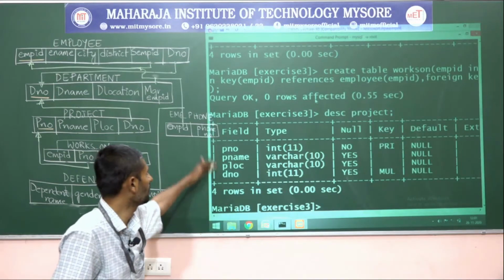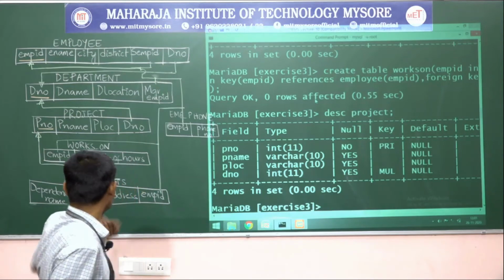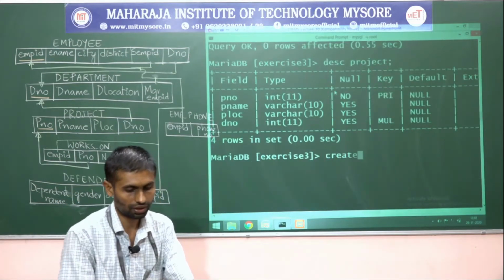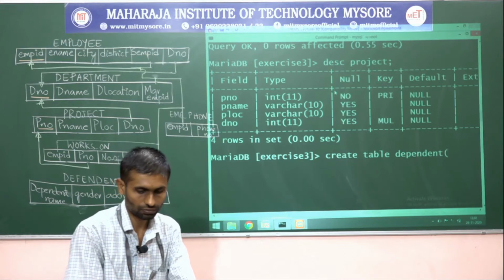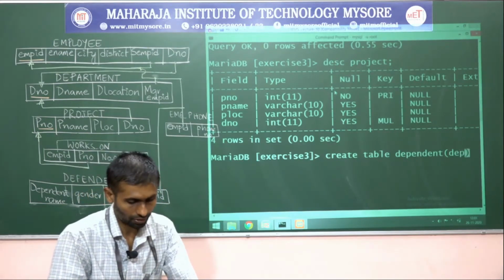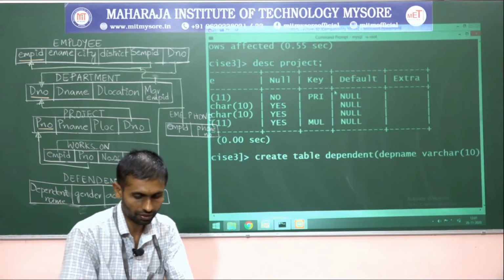Yes, we got the project table where project number is the primary key and department number is a foreign key. But the next step, the last one, dependent. So we'll go with creating a dependent table. Create table dependent. What are the attributes? Dependent name, varchar of some 10.